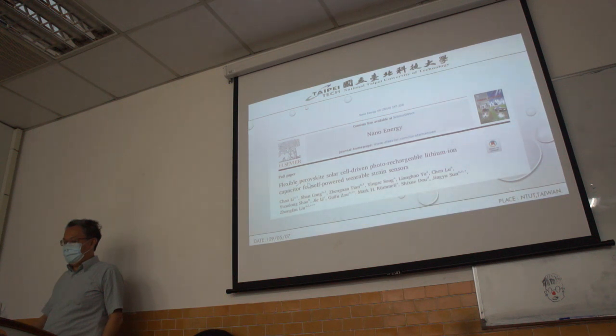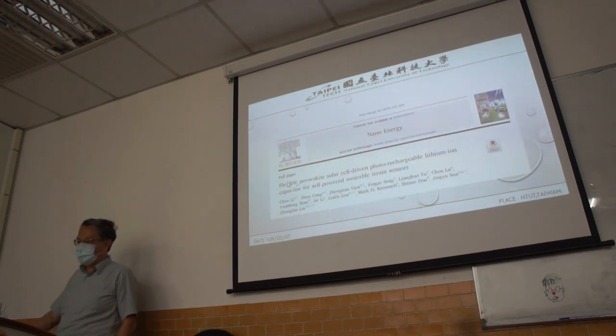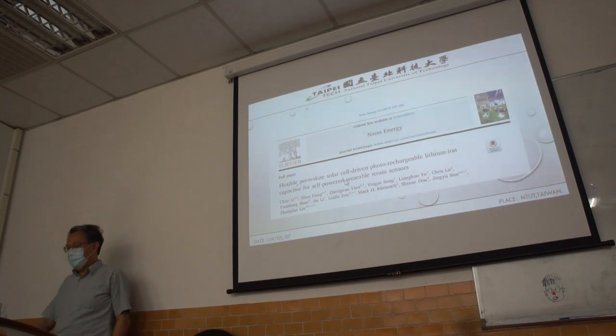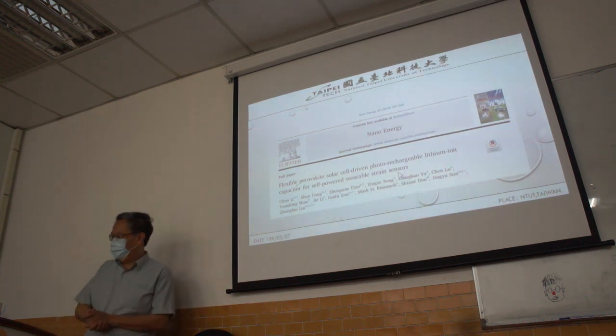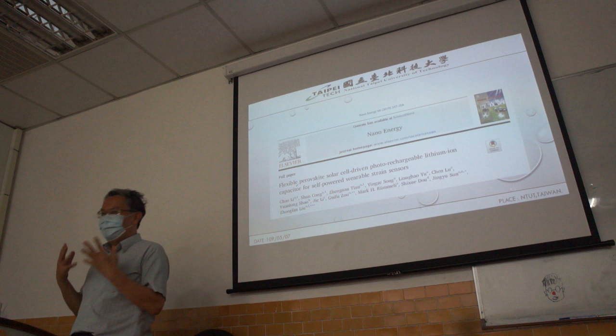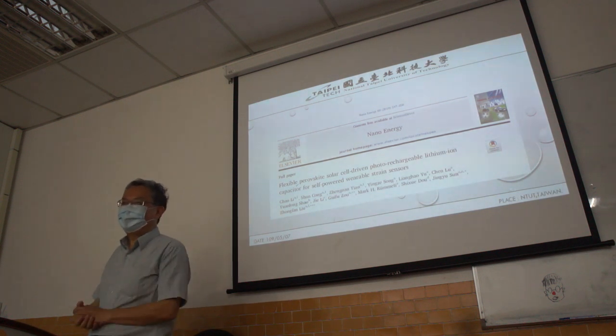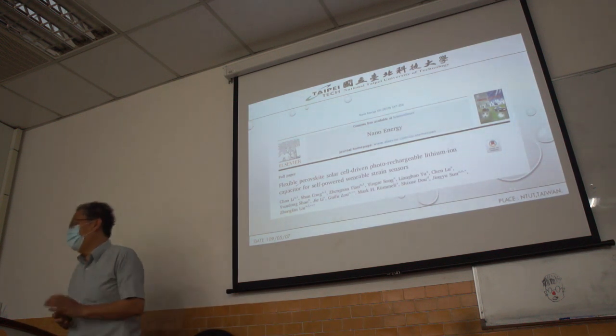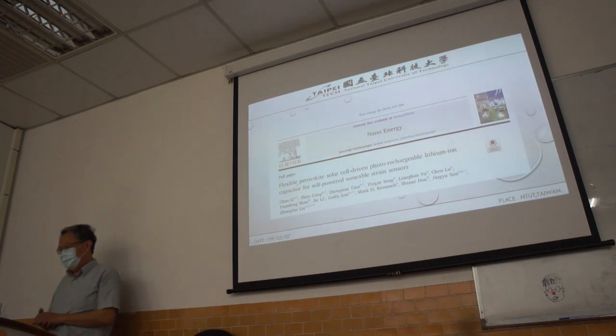The first is a perovskite solar cell, also in comparison to another type of solar cell. The second is a lithium ion capacitor. The third part is self-power, or the wearable strain sensor. So one is sensor, one is capacitor, one is solar cell. It's combined three parts, so everyone maybe needs to think about these three parts of knowledge.